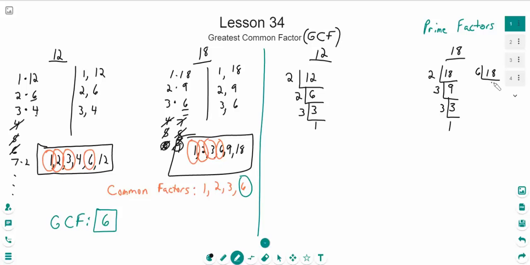6 can go into 18 3 times, and then 3 and 1. No, that's not correct, because this number is not a prime number. It's not divisible by only 1 and itself. That's divisible by a 2 and a 3. So remember, just double check yourself and make sure that you did in fact only use prime numbers